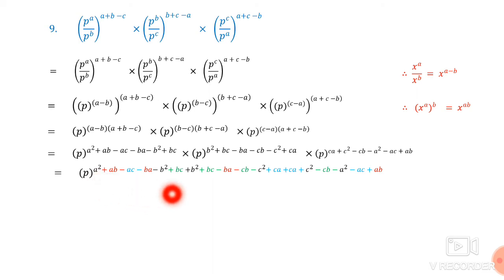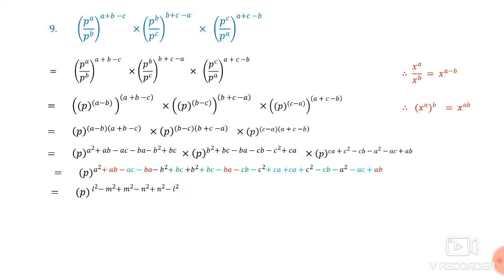This a square, this minus a square cancel out, plus ab minus ab, ba and ab both are same, cancel out, minus ac plus ac cancel out, minus b square plus b square cancel out, plus bc minus cb cancel out. In the same way, all the terms will be cancelled out with their like terms. We are left with only,